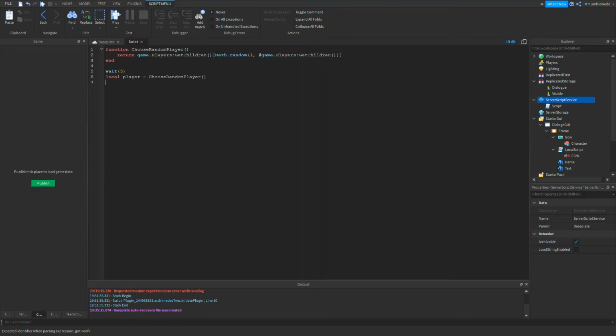Okay, so it'll return a variable, so we'll choose a random player. It won't work if no one's in the server, since there's nothing to choose from. So we would do game.replica.dialog, you would fire all clients. We would do player, but since it's a player, I would do just character. And then let's do hello world.